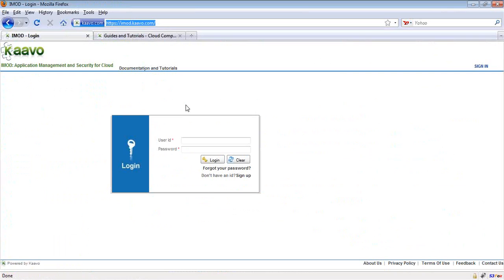But in today's webinar, we will not cover those topics. So today's webinar is for demonstrating how to publish and share best practice cloud deployments. I have created a number of iMod user accounts for demonstrating this. I will log in now using the first account, which is called Webinar 1.